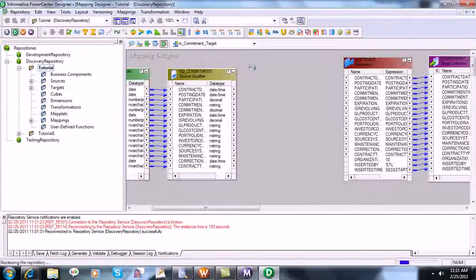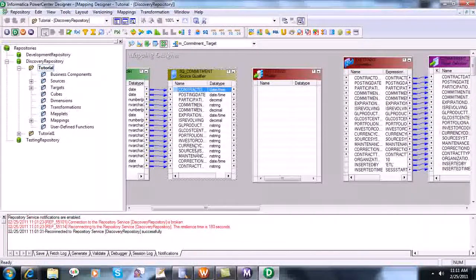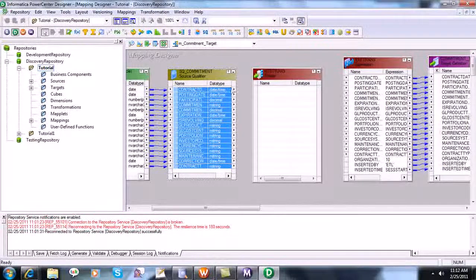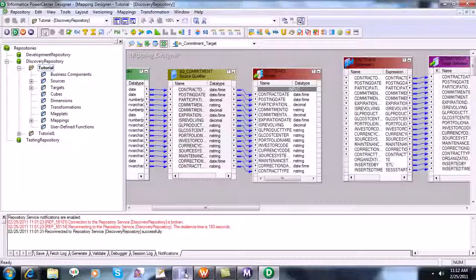So what could the router transformation be doing? Let's drop all our columns and see. Here is the input tab. With the router transformation, we can basically take a decision. For example, if we have a number of sources and we want a few records to be moved into one table and a few records into another table, then we can make this decision in the router transformation.